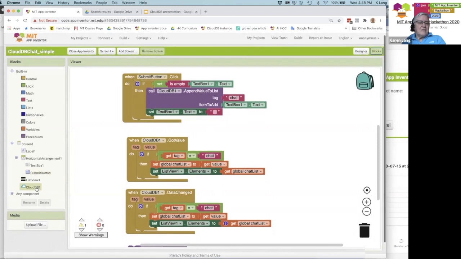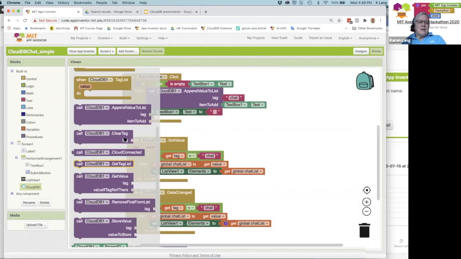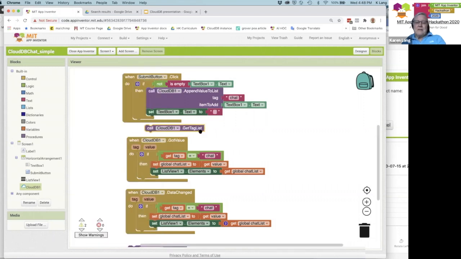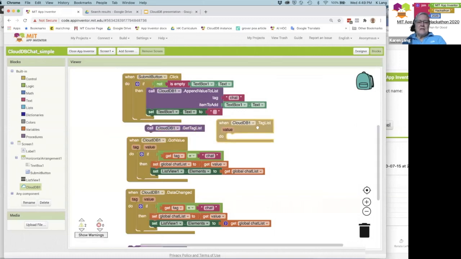And then in CloudDB, there's a thing called get tag list. This will give you every single tag in your database. So if you've got 100 people using your app, you'll get a list back. So when you ask for that, CloudDB will send you the tag list. So this would return a list of all the tags. And so then what you could do is, if each tag was a username, you could then go through and do something like,